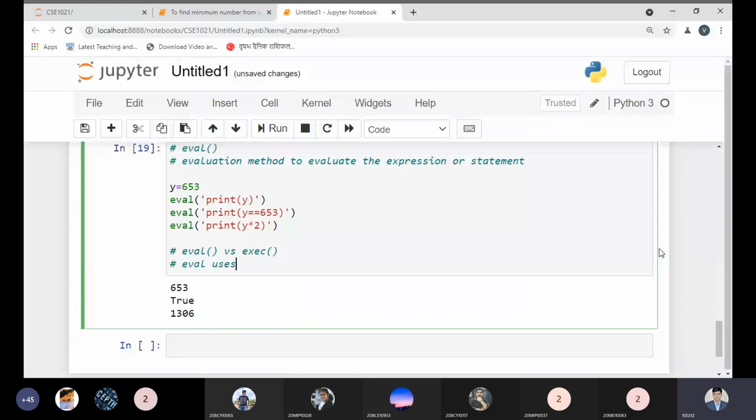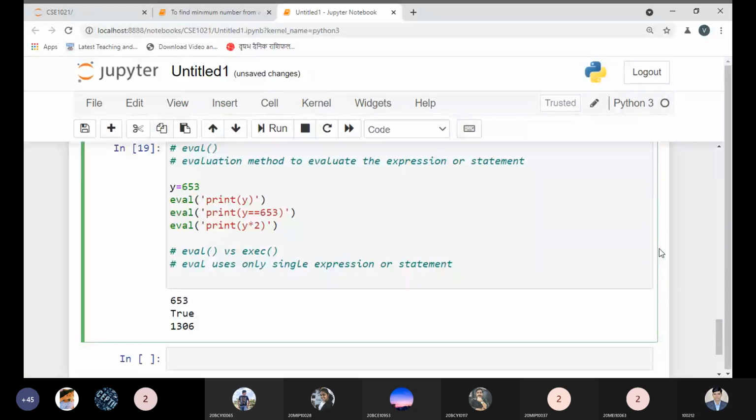Eval uses only a single expression or statement, while the exec method uses multiple expressions and statements. So this is the thing we can do with this part.